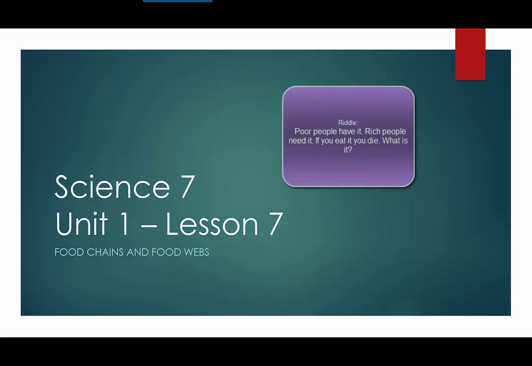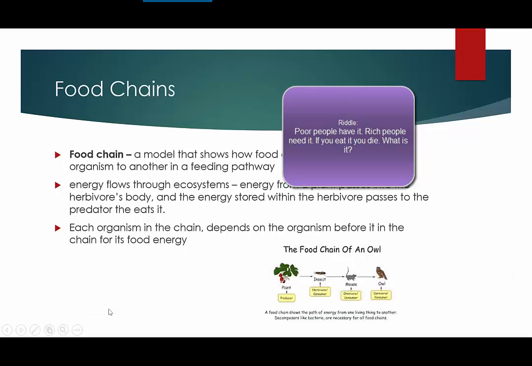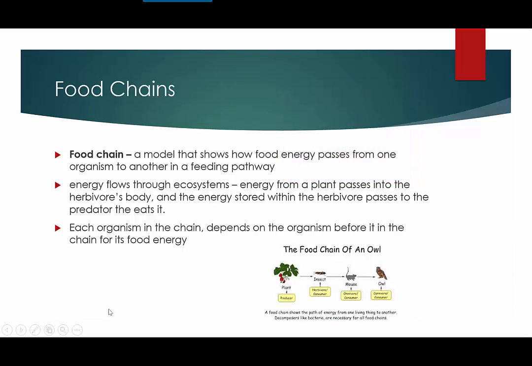Okay, welcome to Lesson 7 in Chapter 2, Food Chains and Food Webs. So a food chain is a model that shows how food energy passes from one organism to another in a feeding pathway. We talked in the last lesson about how energy flows through ecosystems, and that energy from a plant passes into the herbivore's body, and when that happens, that energy stored within the herbivore passes to the predator that eats it. So each organism in the chain depends on the organism before it in the food chain for its food